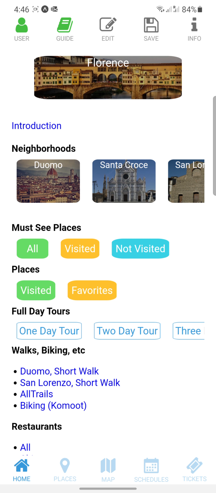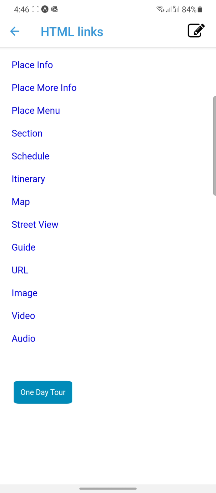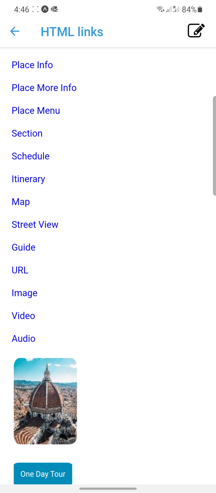Hi, in previous videos we talked about HTML, what it is, where to use it. In this one we're going to start talking about how to create it. Specifically, this video will talk about HTML links. So if we go to the ones we have already prepared, we'll show how to do some so you get